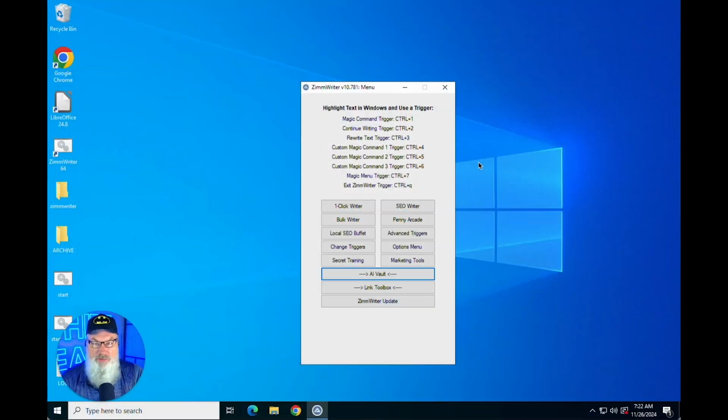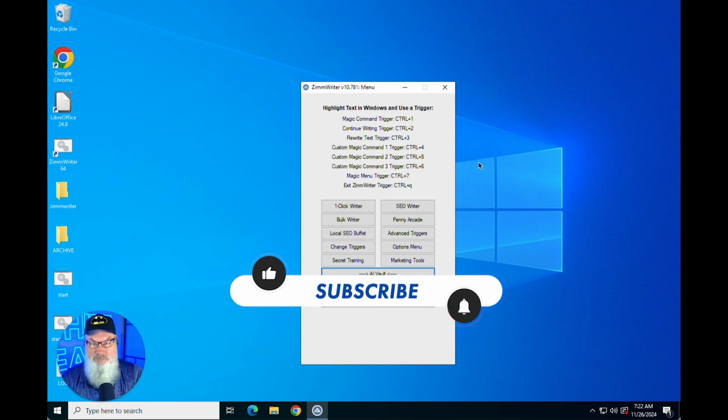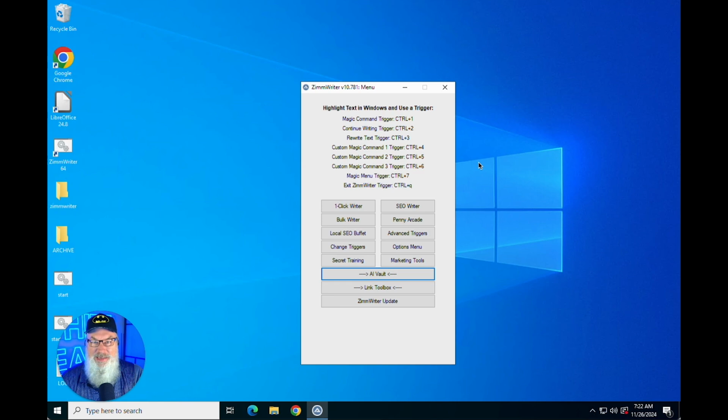For those of you that are wondering, I am on a Mac, but you'll see I'm running a Windows desktop here, and I'm going to do a separate video to show you how I do this. But I do this by running a remote Windows desktop, and I highly recommend this for a couple of different reasons. But most importantly for me is ZimmWriter gives you the ability to create bulk content, and with a remote